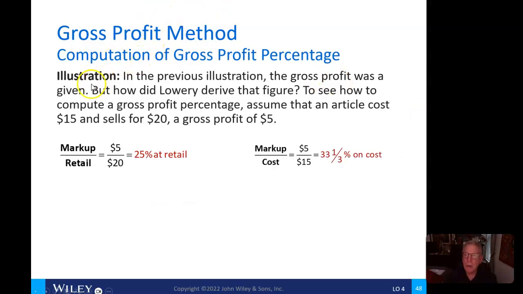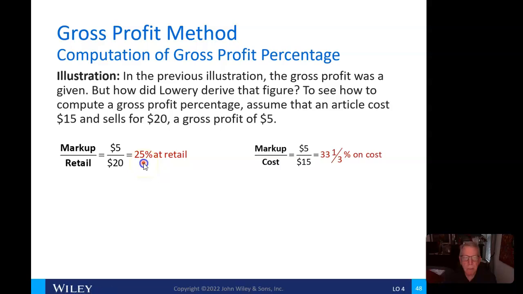All right, so here in the previous illustration, gross profit was given, but how did Lowry derive that figure? To see how to compute gross profit percentage, let's assume that the article cost $15 and sells for $20, a gross profit of $5. So $5 as a percentage of $20 gives me the markup